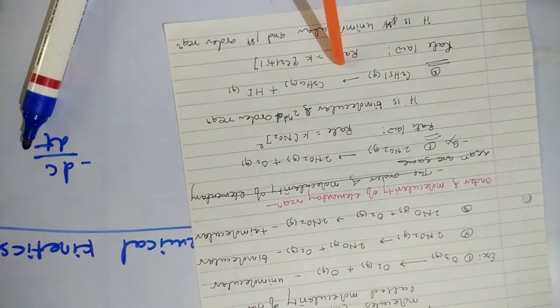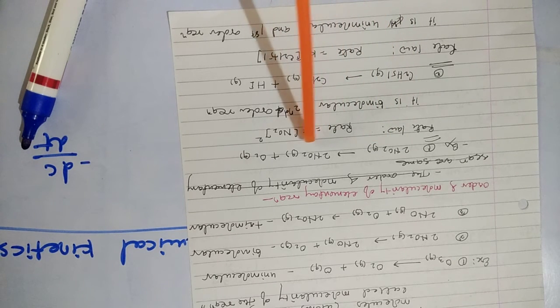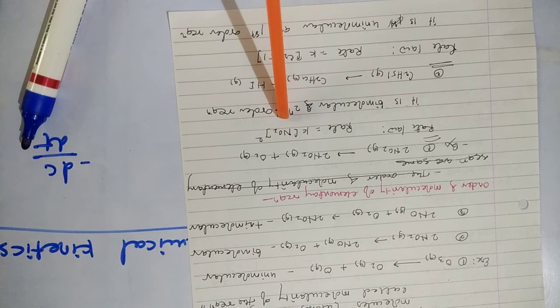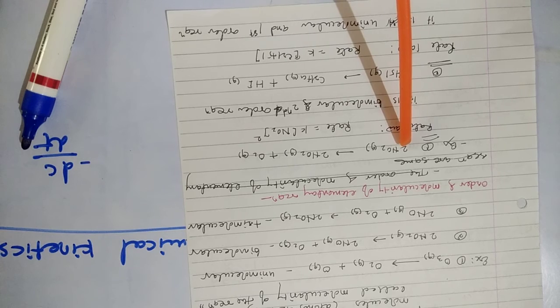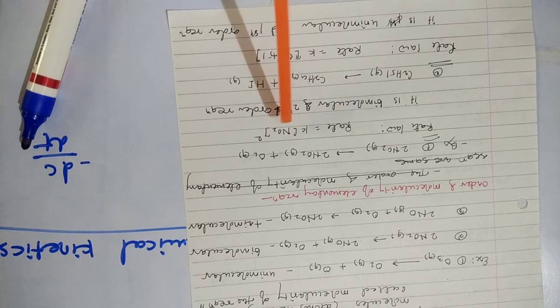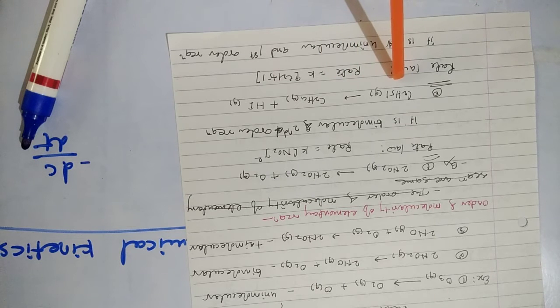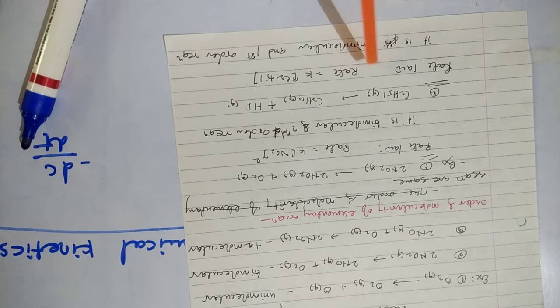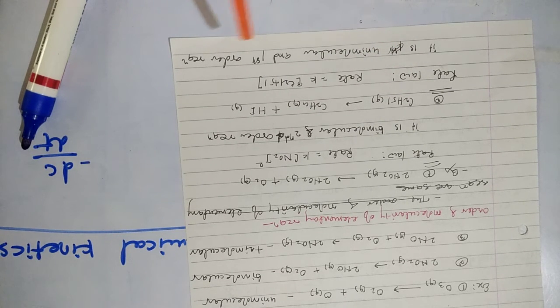See some reactions here where order and molecularity are the same. Here that is 2NO to give 2NO2 and O2. The rate law is written this way. That's why it is a bimolecular reaction. 2 molecules are there, that's why it is a bimolecular reaction, and the power is 2. That's why it is a second order reaction. The next, C2H5I to give C2H4 plus HI. So only one molecule, so it is a unimolecular reaction and a first order reaction.